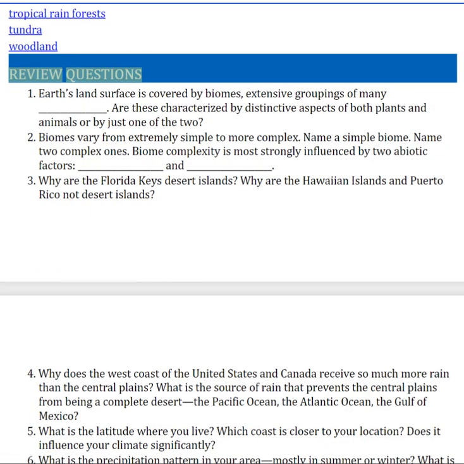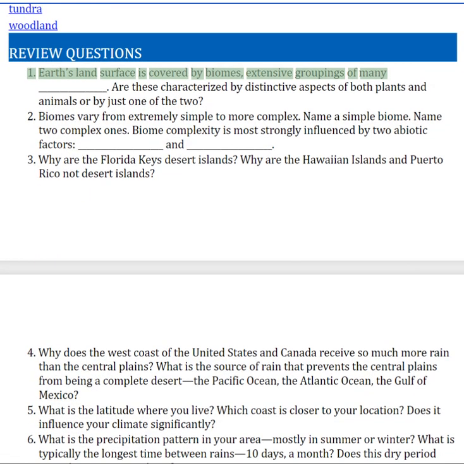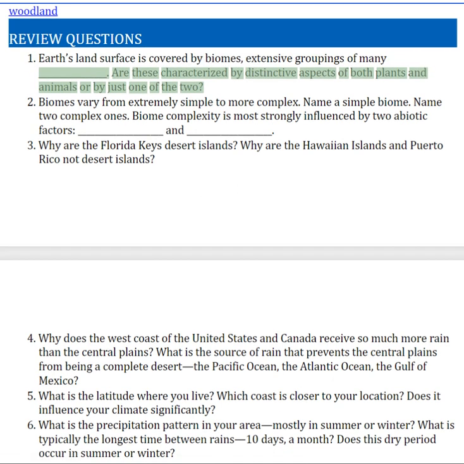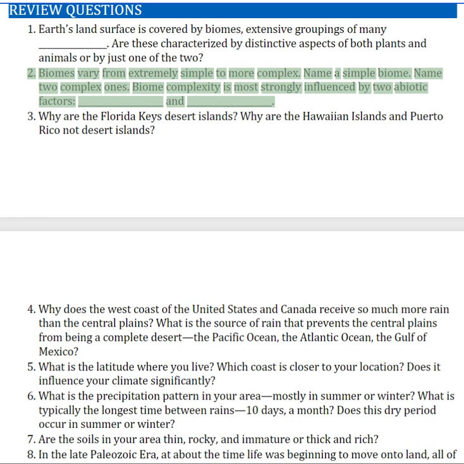Review questions. 1. Earth's land surface is covered by biomes, extensive groupings of many ecosystems. Are these characterized by distinctive aspects of both plants and animals, or by just one of the two? 2. Biomes vary from extremely simple to more complex. Name a simple biome. Name two complex ones. Biome complexity is most strongly influenced by two abiotic factors, and